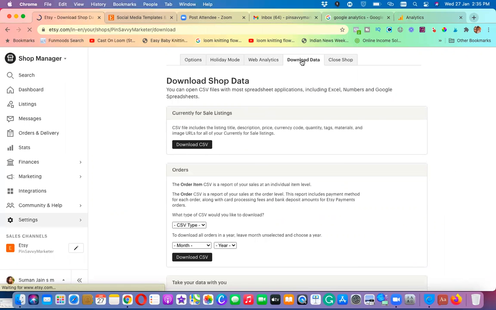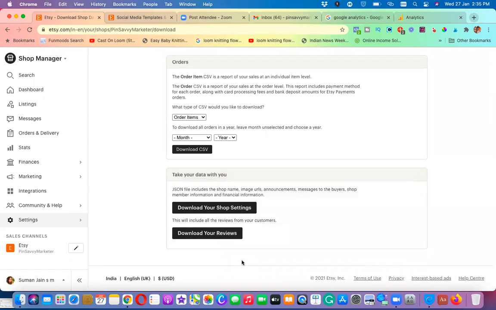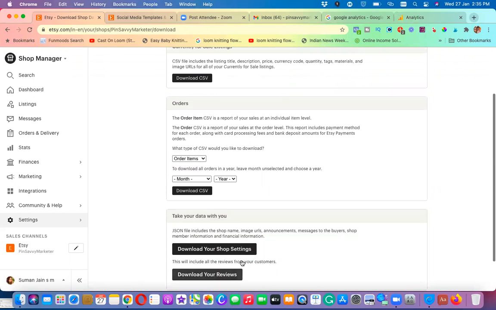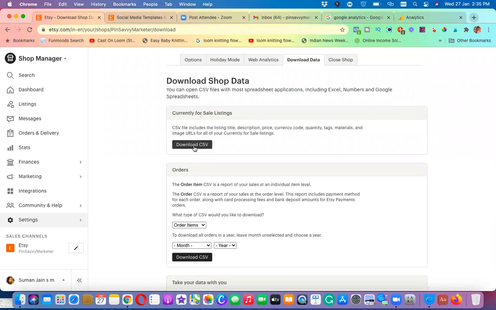And the next thing over here is you can download all the data, if anything, which you have on your current listing. For example, if you are having some sales going on, you can definitely go and include a CSV file. You can download whatever listing you have for the sales. You can definitely download all these listings. And if you have some order items, you can definitely order it and download all this information. So anything which is getting sold, anything which is getting into sellings, you can track all this information. You can download the CSV file.